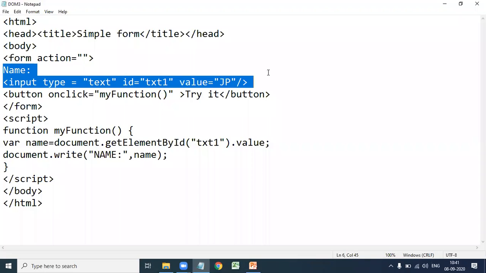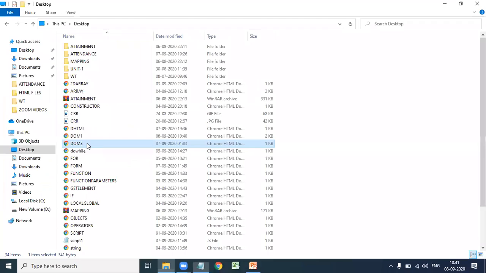Let us execute this. There is a form with default value JP. If you click on the try it button, we access the value you entered in the text box, JP. If you enter SP, it gives SP. So it accesses whatever value you entered in the text box.